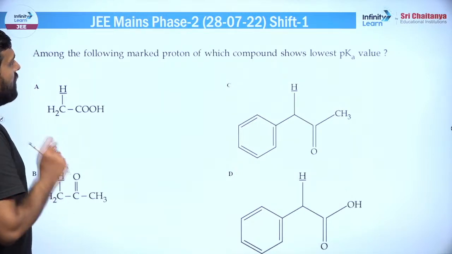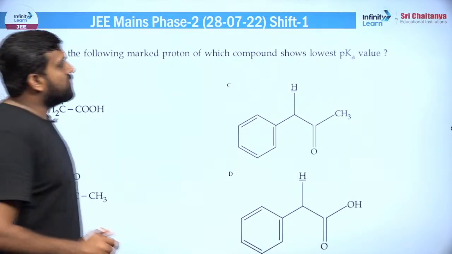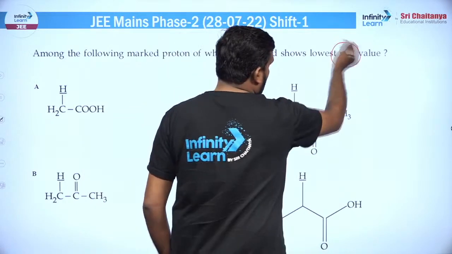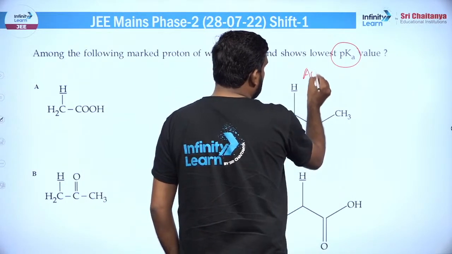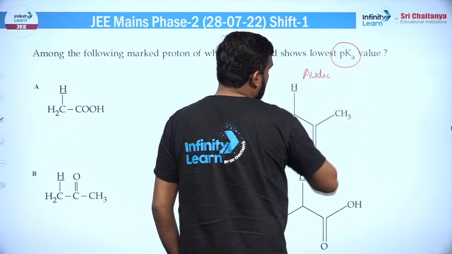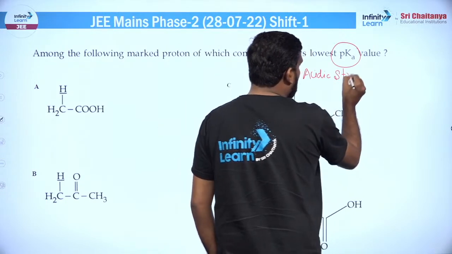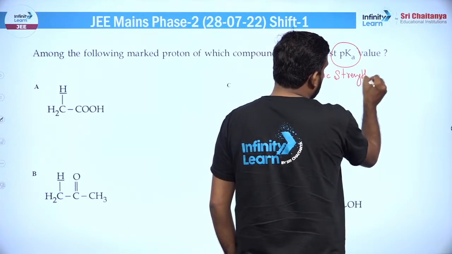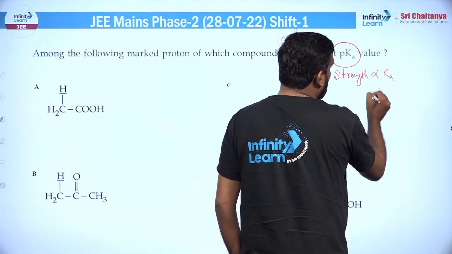Among the following marked proton, which of the following will show lowest pKa value? ठीक है। तो आपको पता ही होगा कि एसिडिक स्ट्रेंथ जो होती है वो pKa के इनवर्सली प्रोपोर्शनल होती है, और Ka के डायरेक्टली प्रोपोर्शनल होती है।